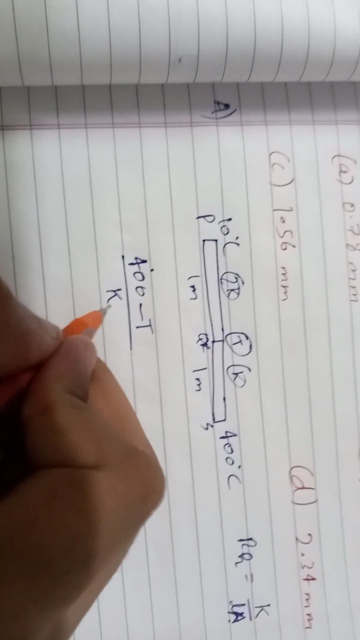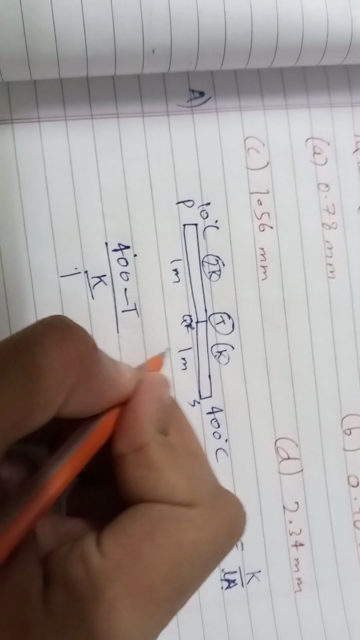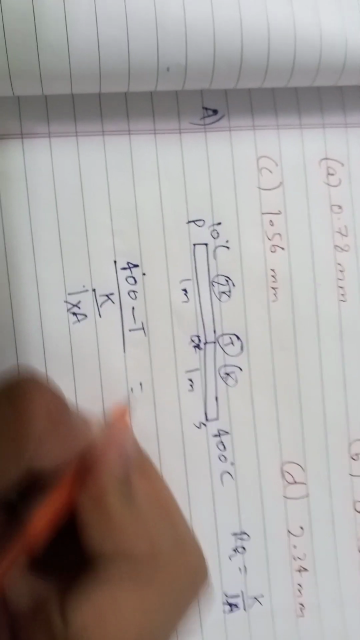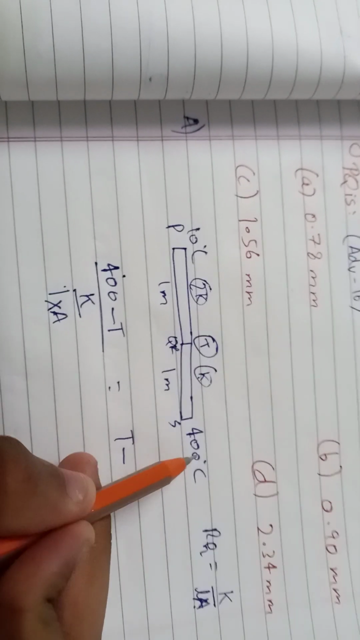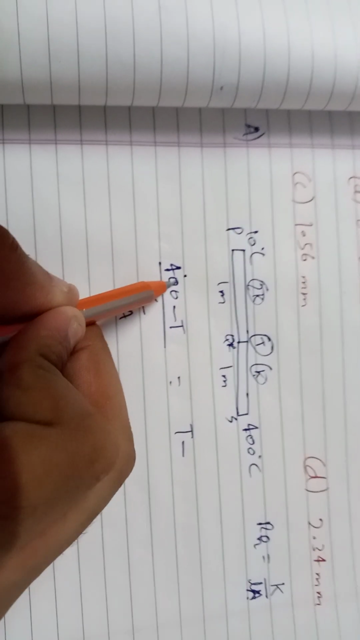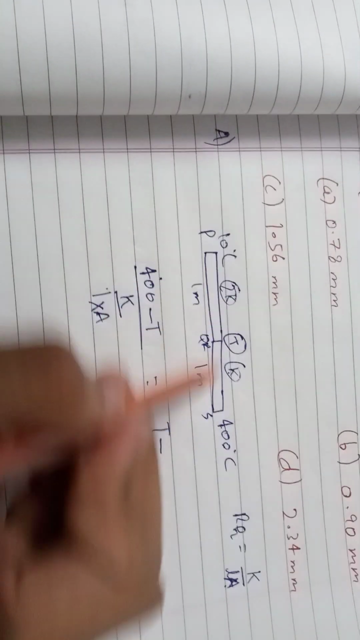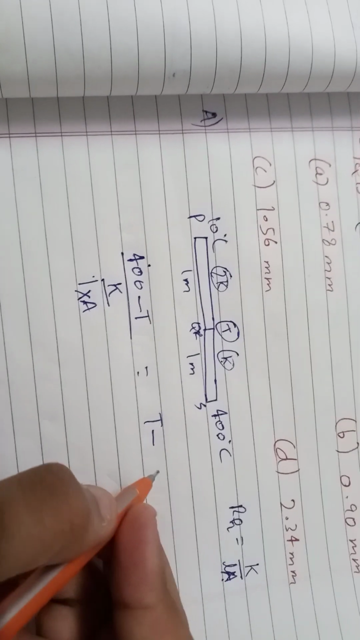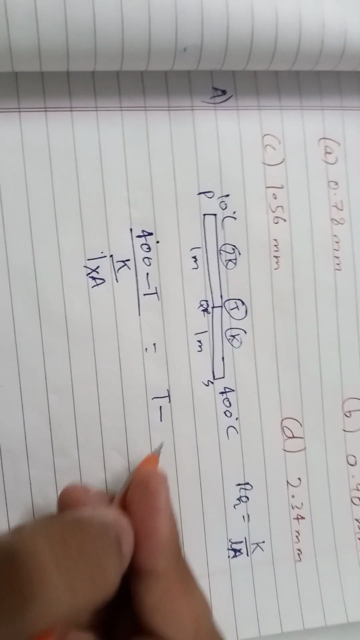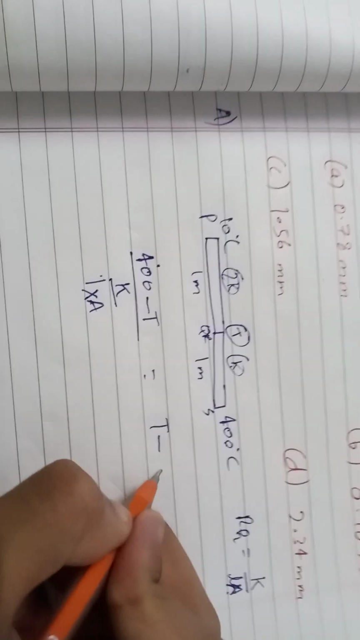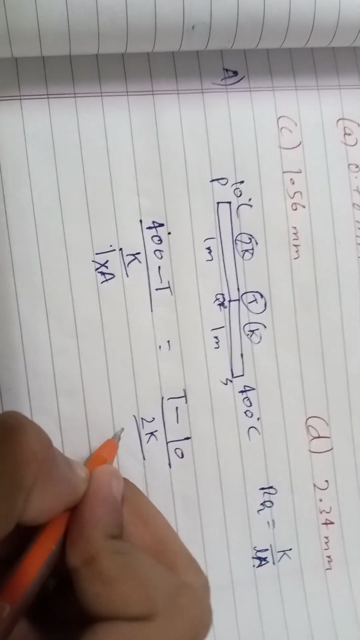So we'll proceed, 400 minus T upon, since this is K and the length is 1, let the area be A. Then T minus 10. Since we also know that 400 is the greater temperature, I have put 400 before T, since heat won't travel if T is greater than 400 degrees centigrade to the 10 degrees centigrade, then T would distribute. That's a separate problem in itself. Then T minus 10 upon 2K by